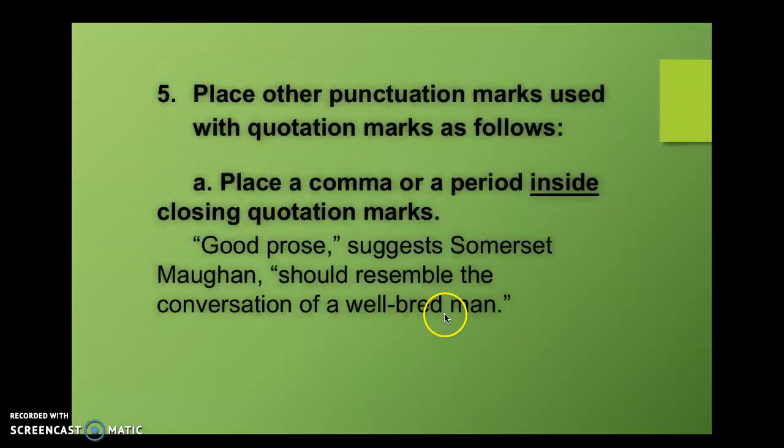Here are some more rules about quotation marks. A comma or a period goes inside the closing quotation marks. So if you're using a period or if you're using a comma, they go within the quotation mark. And just to go over this again, what's being said goes in quotation marks, followed by a comma. Here's my tag, followed by a comma because it comes in the middle of a sentence. Put quotes around what's said, and then a period at the end, inside quotation marks.